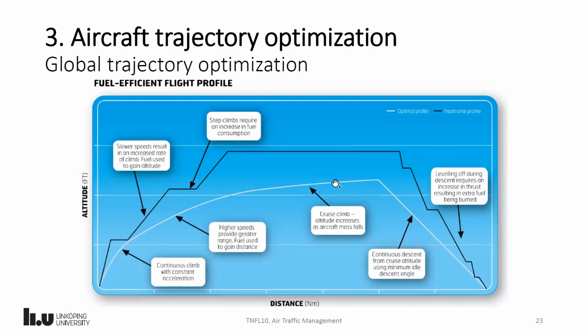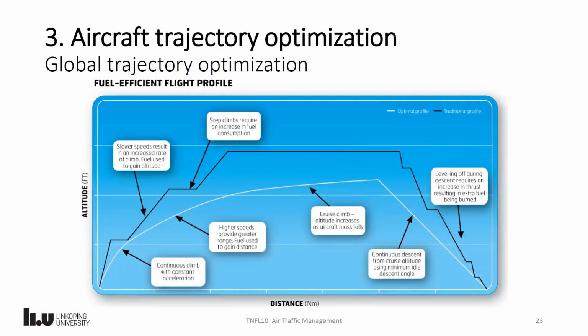The cruise climb part, I think, is a little farther in the future, but still doing the climb at optimal flight levels is still an achievement that I think there are a lot of ANSPs that are working towards. So yep, this is what a trajectory could look like. This is what they look like today,